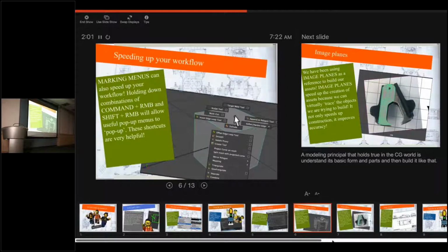All right. Marking menus, another amazing way to speed up your workflow. The way the marking menus work, it's kind of like the hotbox, but we're using Command and the right mouse button and Shift and the right mouse button. And what you'll notice is these tools pop up again right where your cursor is, and all stuff that we use all the time. The multi-cut tool, insert edge loop tool,